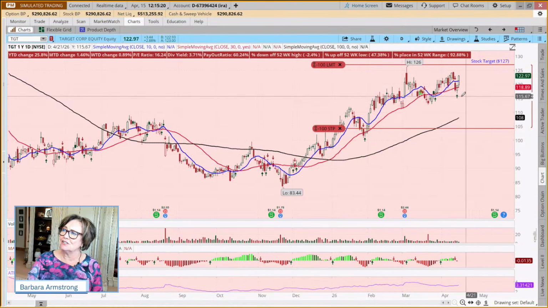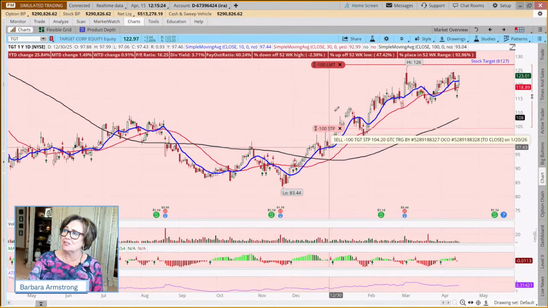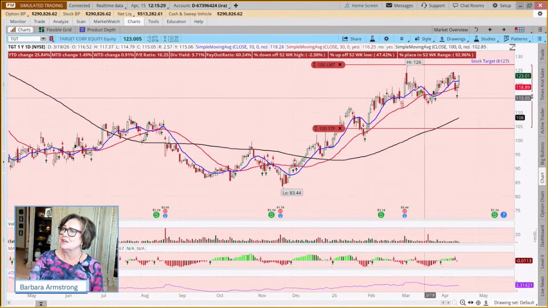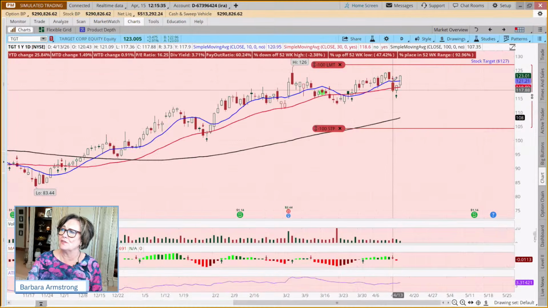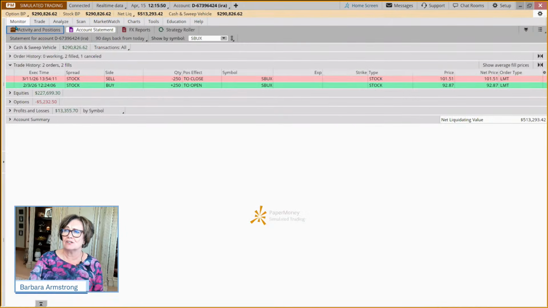And so you might be saying to yourself, like, why is my stop so low? Well, one of the things we can do is click and drag, but we're talking about the monitor tab today. So if we say, well, I have this example trading plan that says if the stock closes below the 30-day moving average, which it did 2 trading days ago on Monday, I'm going to move my stop up to 3% below the low of that day. Well, that would be 113.84. So we're going to come back to the monitor tab,